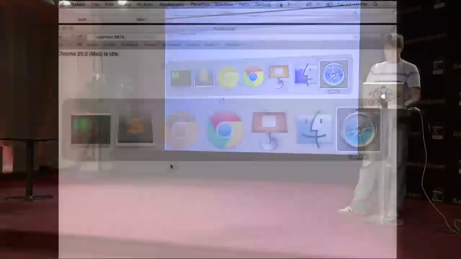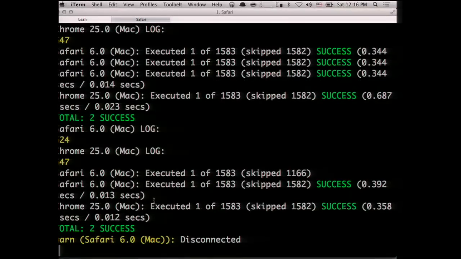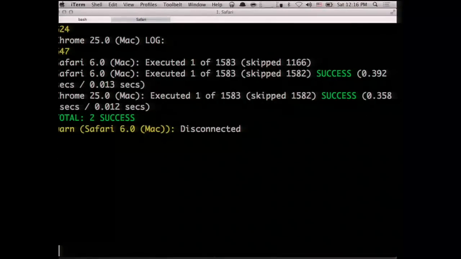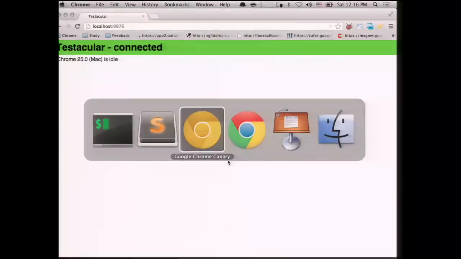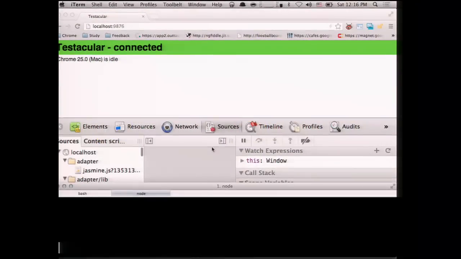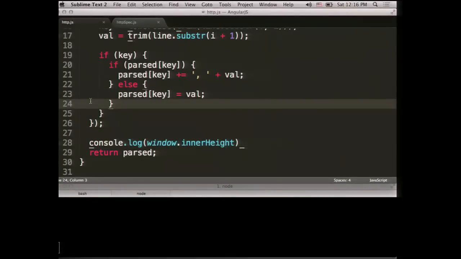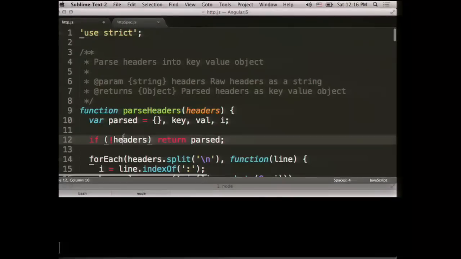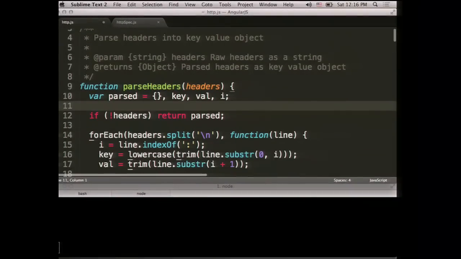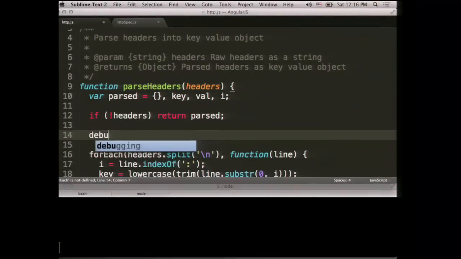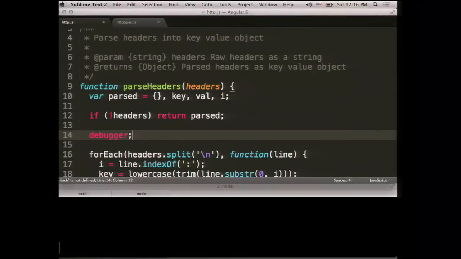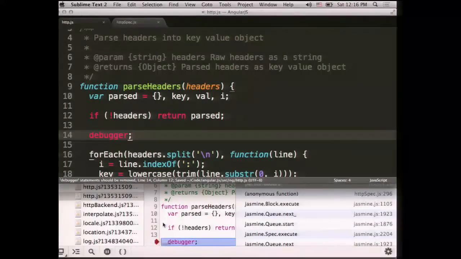All right, let me show you the last thing. I'm going to kill one of those browsers. I told you that the cool thing about using real browsers is that you can actually use the tools that the browser provides. So let me show you how you can use the debugger. Let's debug this function. I'm going to put debugger here, and when I execute it, you can see that my Chrome in the background